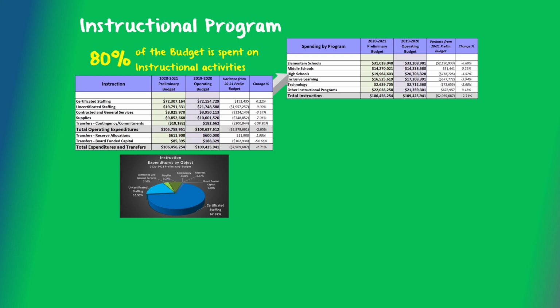As you can see within the different instructional groups, elementary had the largest decrease from the prior year, whereas a portion of these reductions directly related to the reduced enrollment in elementary. However, there was also a reallocation of costs between these groups from the prior year, including that in the prior year, the kindergarten mild moderate educational assistance of approximately $830,000 was included in the elementary group,